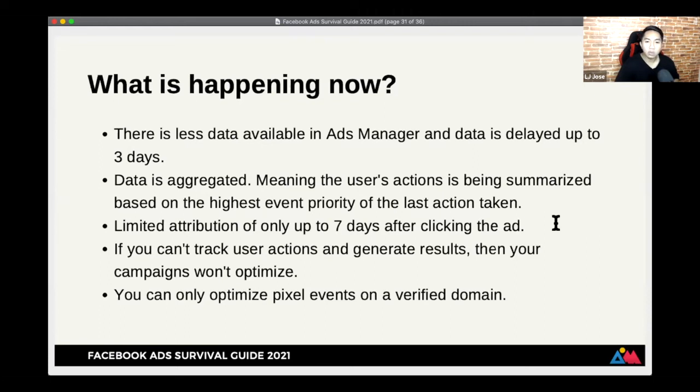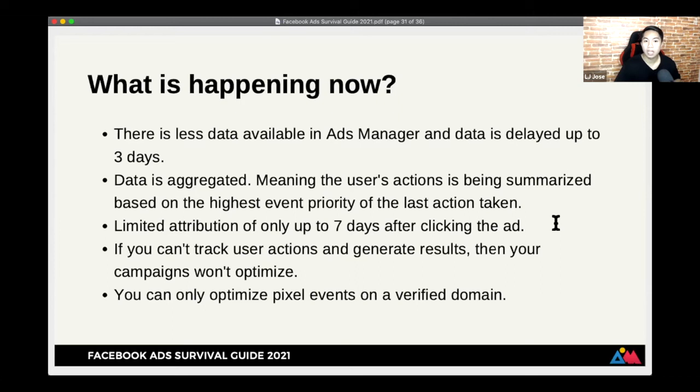If you can't track user actions and generate results, then your campaigns won't optimize. All right? Kasi the rule for optimization is that, especially for conversion campaigns, is that 50 conversions per week dapat. And if hindi umabot doon, or 50 events per week, if hindi umabot doon, hindi mag-optimize, hindi mag-exit ng learning phase yung ad set or campaign na yon.